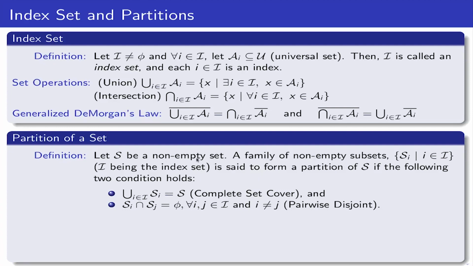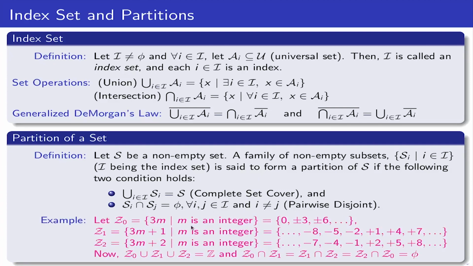So formally, if S is a non-empty set which we want to partition, we choose a family of subsets Si, where i is again the index set, so S1, S2, S3, S4 and so on, where if we take the union of all of them, we get the complete set. This is the set cover by S1, S2 and so on. And no elements between 2 sets are common. So for any i and j where i is not equal to j, I get the intersection as the null set. These sets we call pairwise disjoint. So any pair of sets is disjoint, so no elements are common. These sets are mutually disjoint.